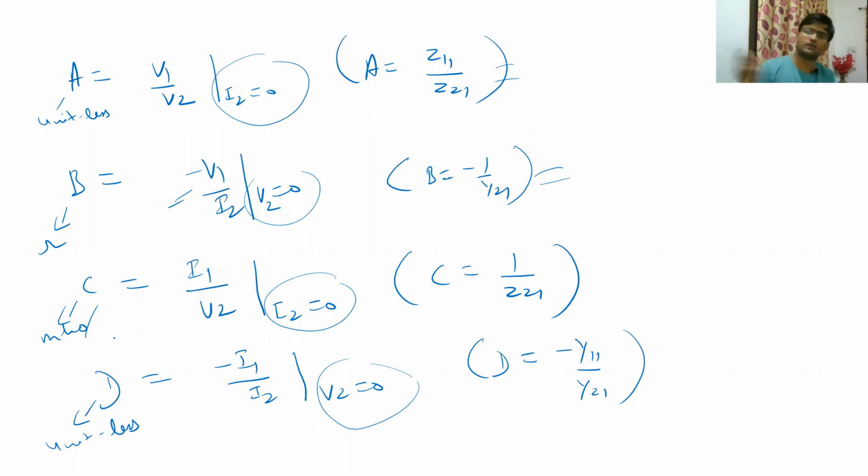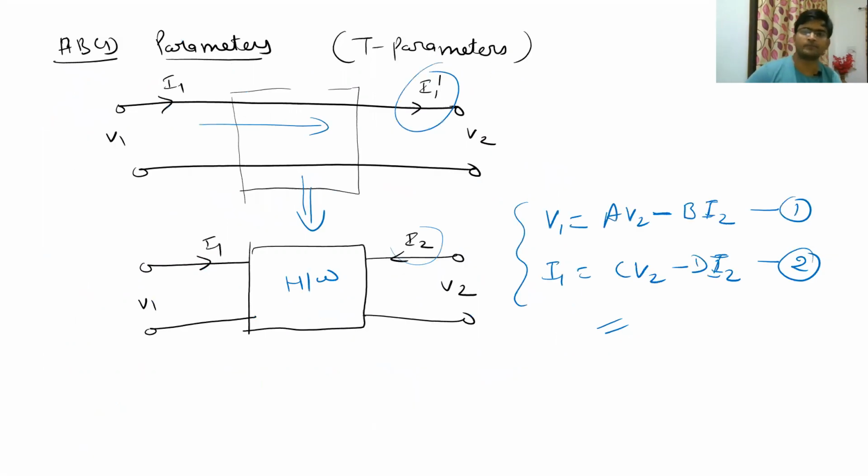Can you draw an equivalent circuit for the ABCD parameter using these equations? Just think for a moment, pause the video here and think whether you will be able to draw an equivalent circuit using these equations or not. So it turns out you cannot, because simply in the previous cases when we were drawing the equivalent circuit, what we were doing,